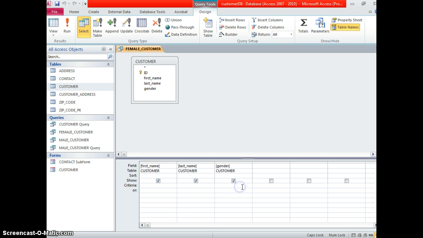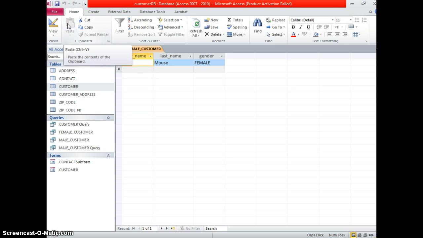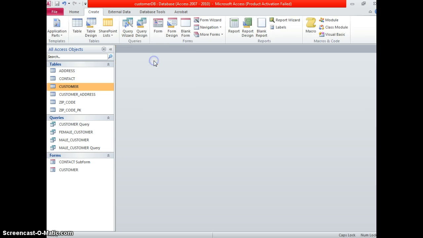Then I can just modify it to put criteria on my gender, equals female. When I run it, it's going to show the list of customers who are female, which is only one customer, Minnie Mouse in this case. Save this. Now let me show you, for example, I go to the customer table,